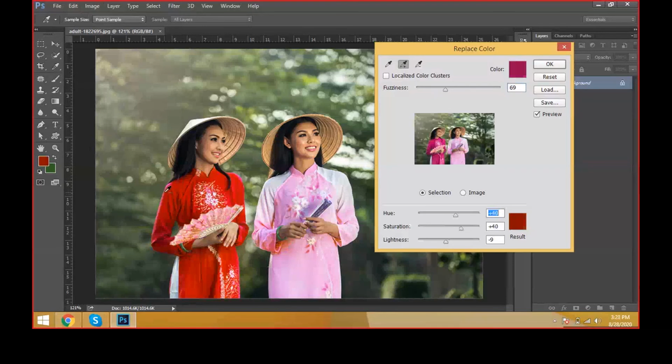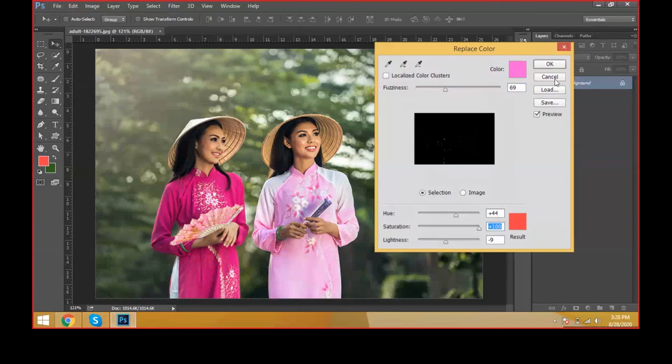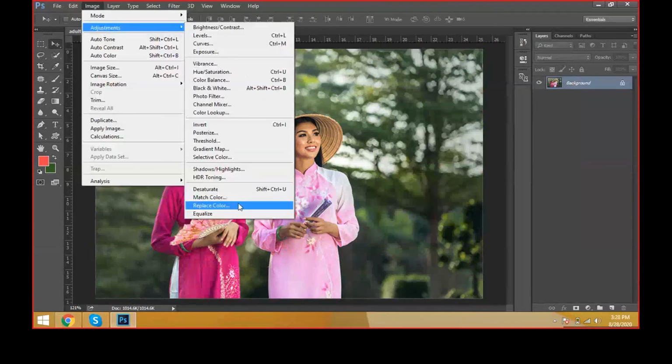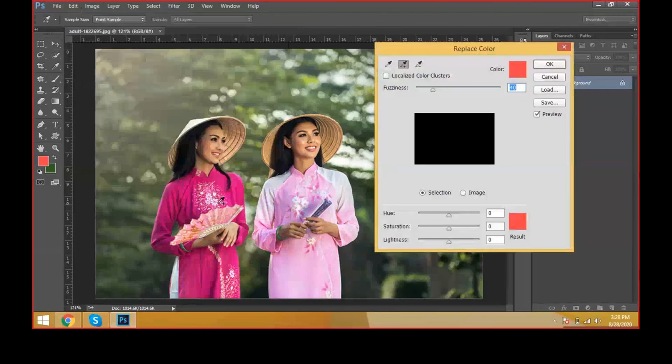And we have the edges effect. Go to the plus symbol and click the edges also, then automatically the effect will be applied like this. Okay. Image adjustments and replace color. Just click here and go for more strength, fuzziness, and take one more plus symbol and click it here. Then automatically we can see the color we applied, and we can see the faces also.